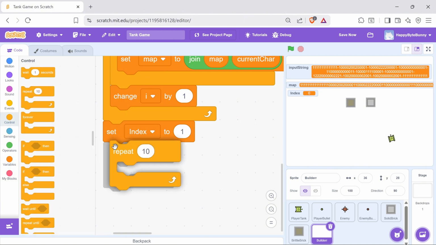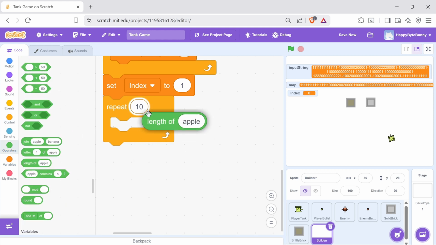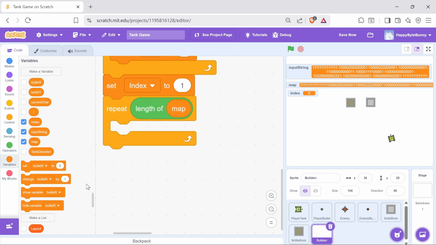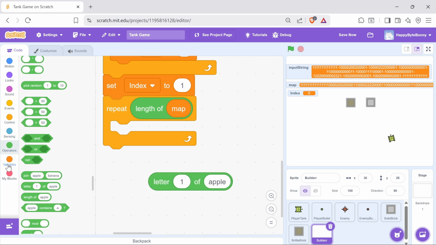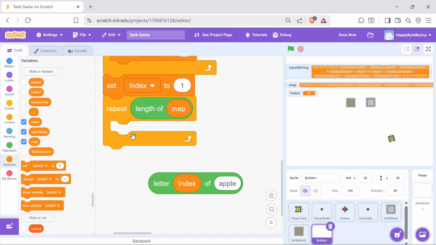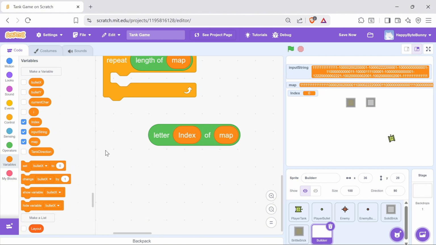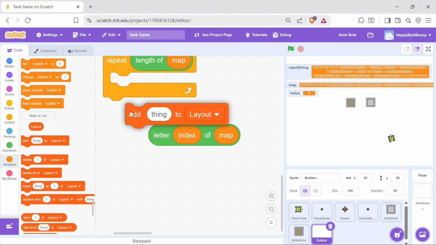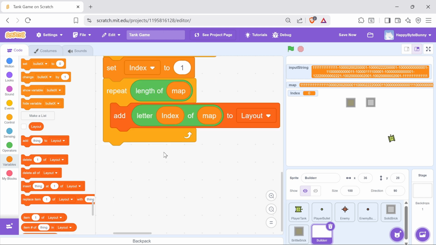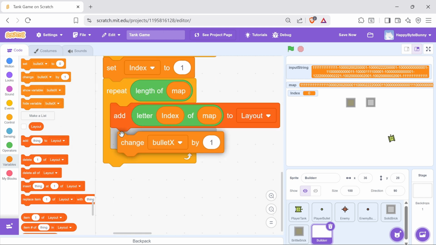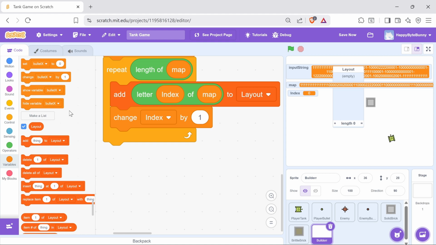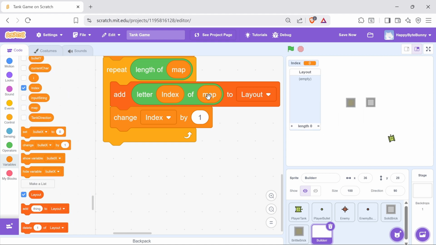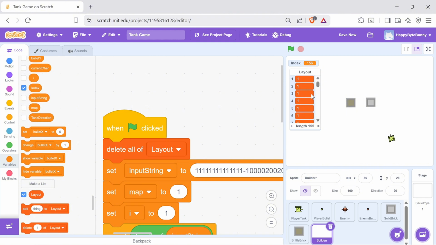Then we use a repeat block with length of map, because we want to loop through every single character inside our cleaned up map string. Inside the loop, we extract one character at a time using letter index of map. Then we add that letter, which represents a tile value like 0, 1, or 2, into our layout list. Finally, we increase the index by 1, so we move to the next character. So now, we've turned that long string into a list of numbers that Scratch can easily process, perfect for building